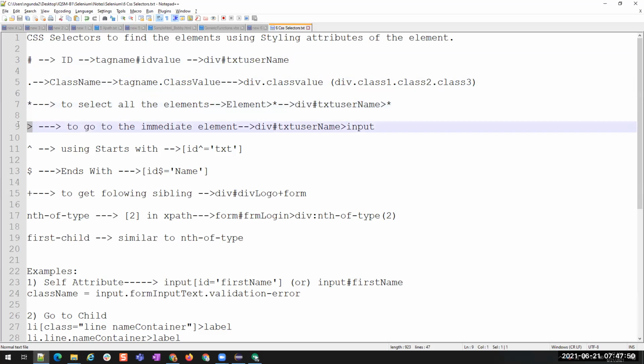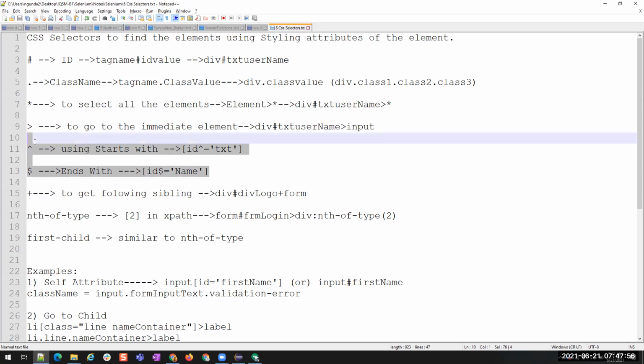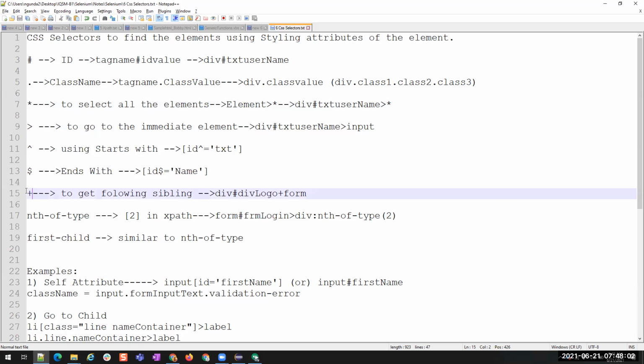And to go to an immediate child, we use the greater than symbol. We used this plus to find an element's sibling, and then we used this nth of type to find a particular child in a list of elements.